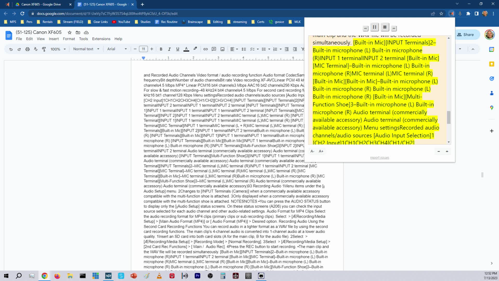Commercially available accessory, menu settings: recorded audio channels/audio sources, audio input selection 1 ch2 input 1